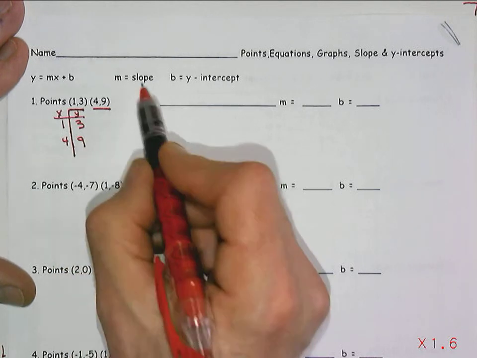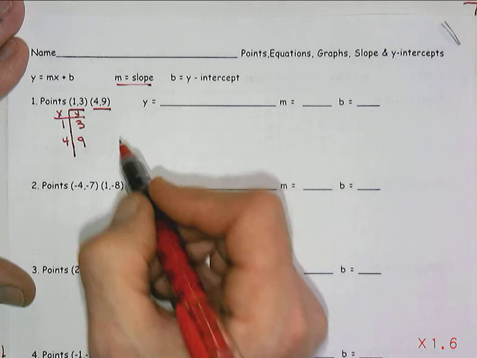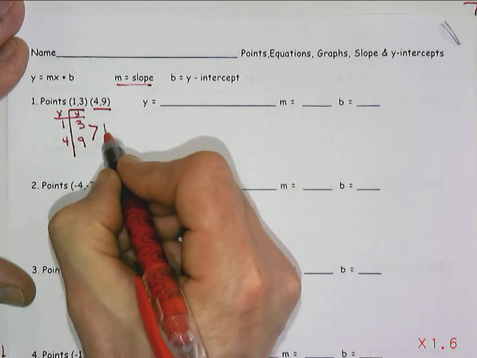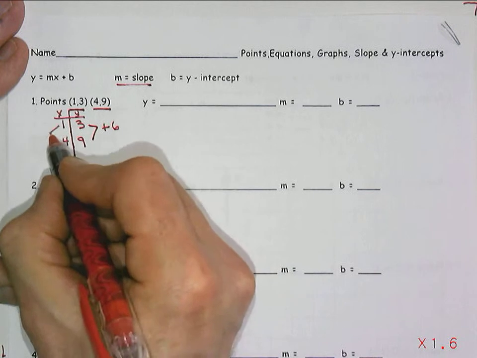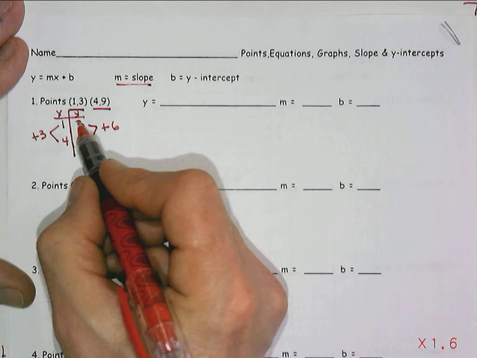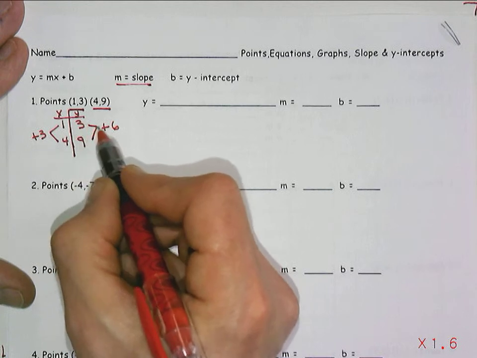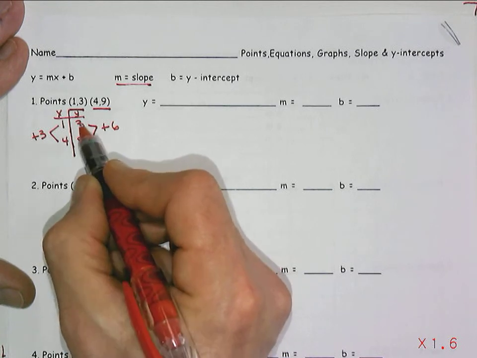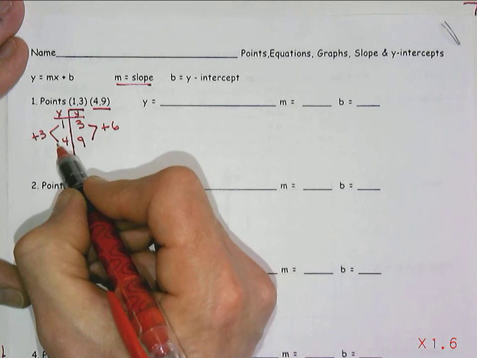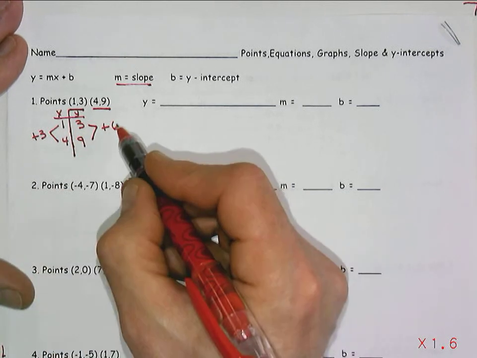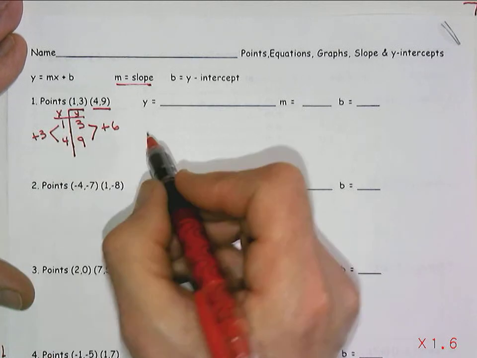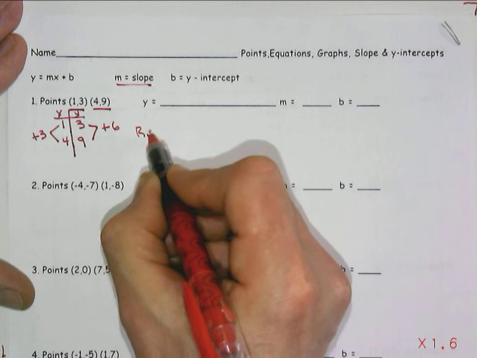And to find the slope of a line, I need the change in y, so this goes up 6, compared to the change in x. This goes up 3. So what I'm really doing is looking at a comparison of the rise, this goes from 3 to 9, over the run, this goes from 1 to 4. So if I were actually graphing this, I would see it go up 6 and go over 3. So we think of the rise over the run